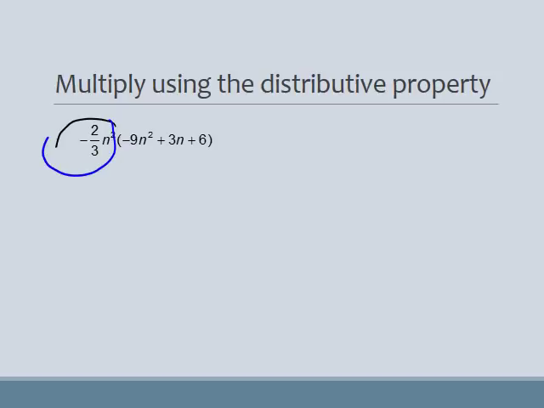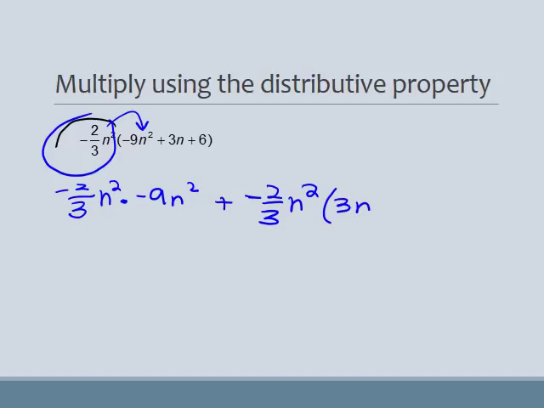So this negative 2/3 n squared, we're going to multiply to the negative 9n squared. So negative 2/3 n squared times negative 9n squared, and then plus negative 2/3 n squared times 3n. I don't care how you write that. And then plus negative 2/3 n squared times 6. Remember, when we multiply fractions, it's just the same as writing the second one over 1,